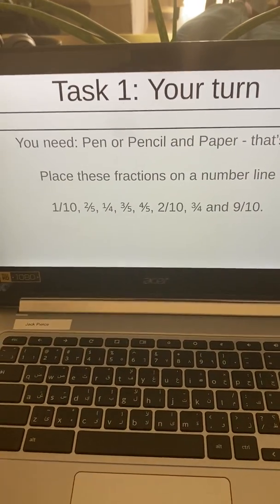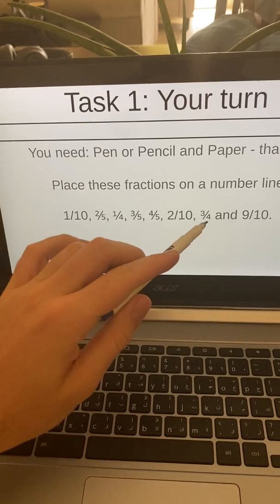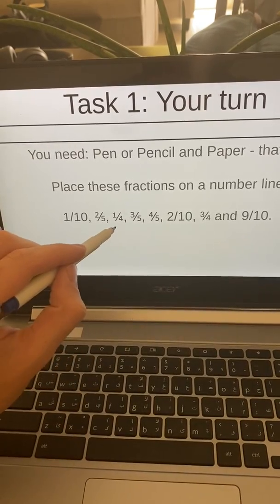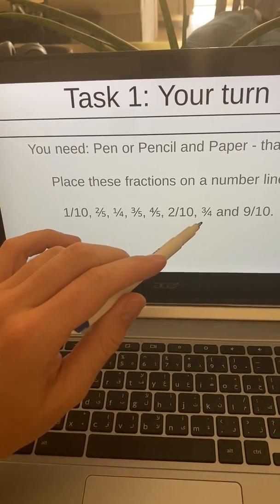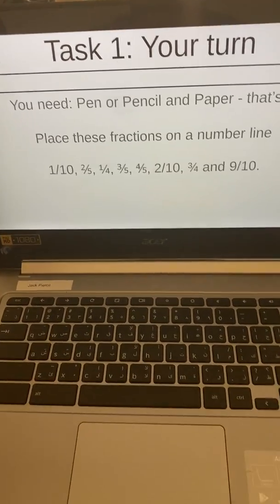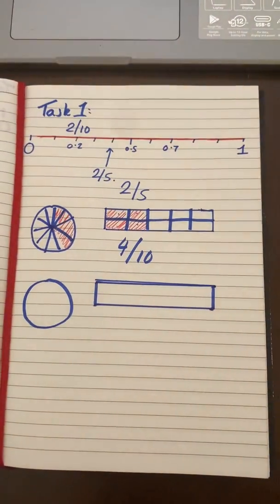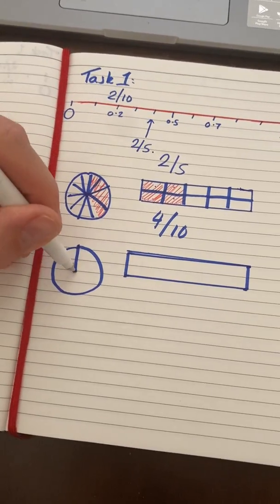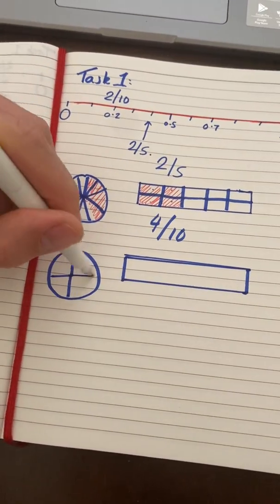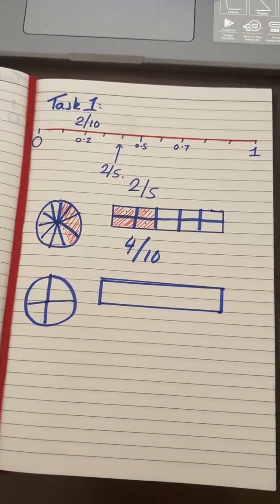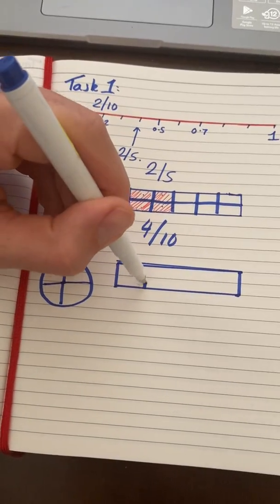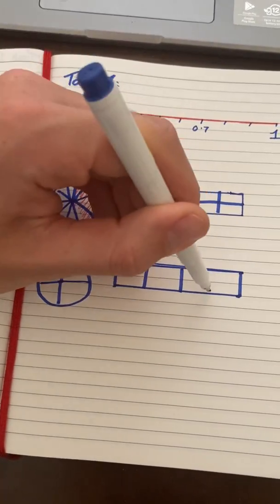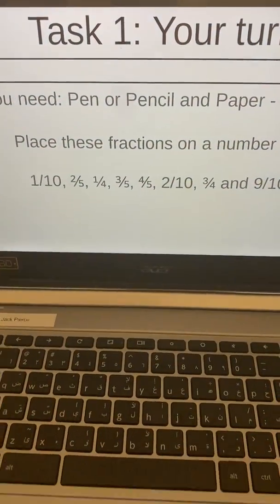We also have some tricky ones here, which are the fourths or quarters. We've got 1/4 and 3/4. Now this is going to be a little bit trickier, and I'm not going to show you exactly how to do it in terms of the answer, because it's a bit of a higher ability question. I'd like you to have a bit of a think about it and try and work it out yourself. Okay, so I'm going to split this into quarters, our representations. Let's just choose 1/4 in this case